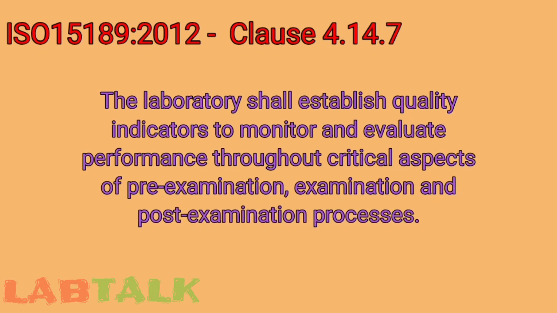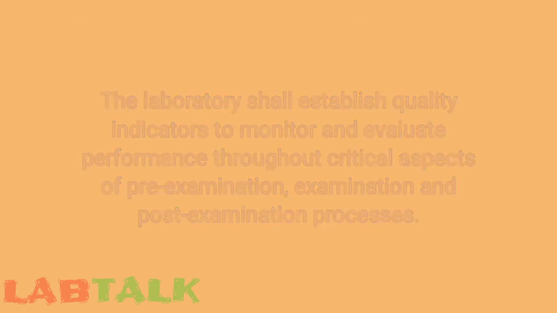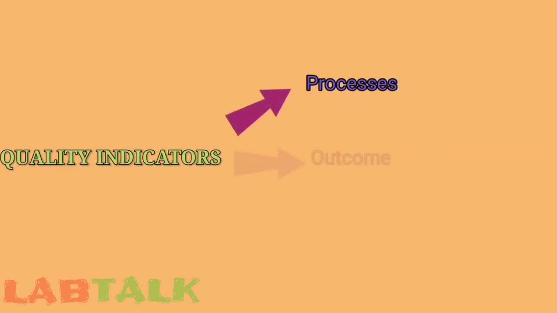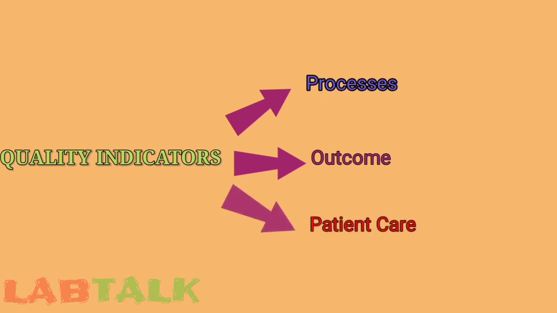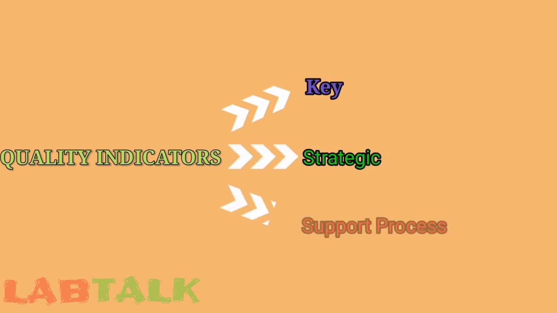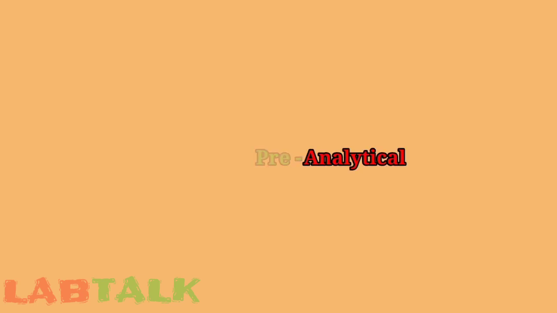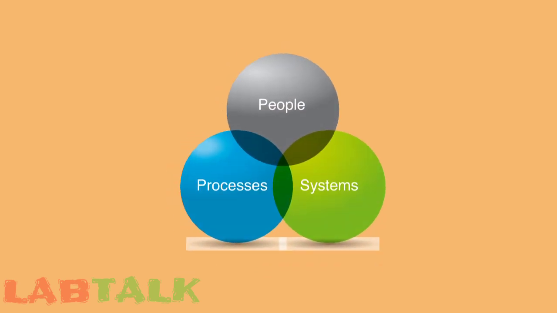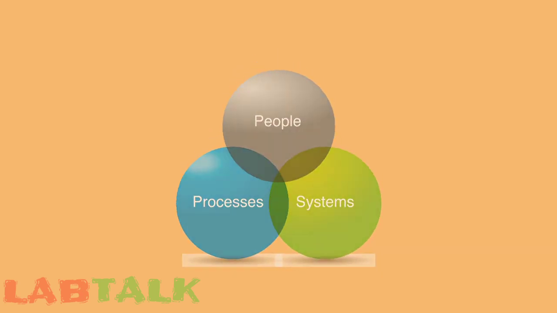Every clinical laboratory accredited according to the current standard for medical laboratories, that is ISO 15189, shall systematically monitor and evaluate its quality indicators. Quality indicators can either be measures of processes, outcomes or contribution of the laboratory to patient care. They can indicate the quality of key strategic processes, that means organization and management, and support processes, that is external services, supplies, maintenance and environmental safety. It is of utmost importance that quality indicators address all three key processes in the laboratory, that are pre-analytical, analytical and post-analytical.